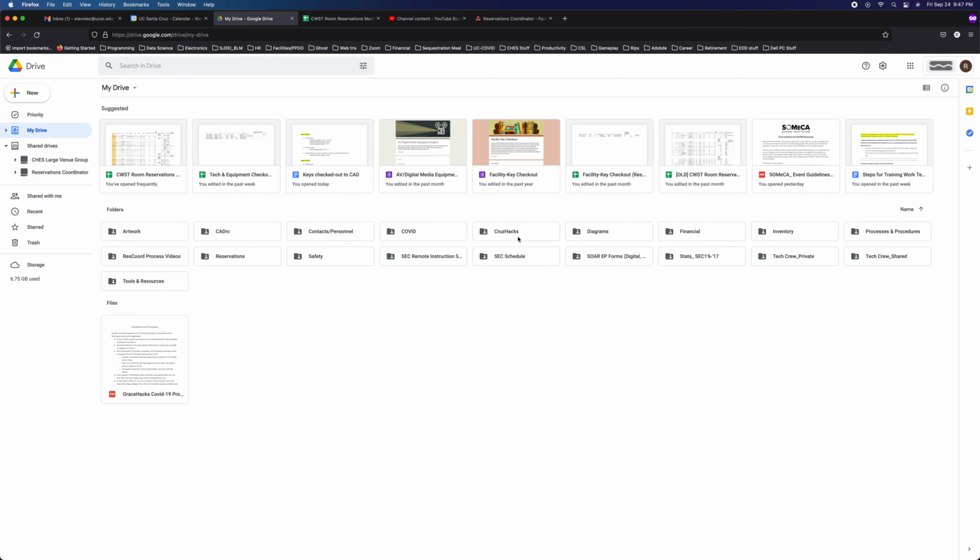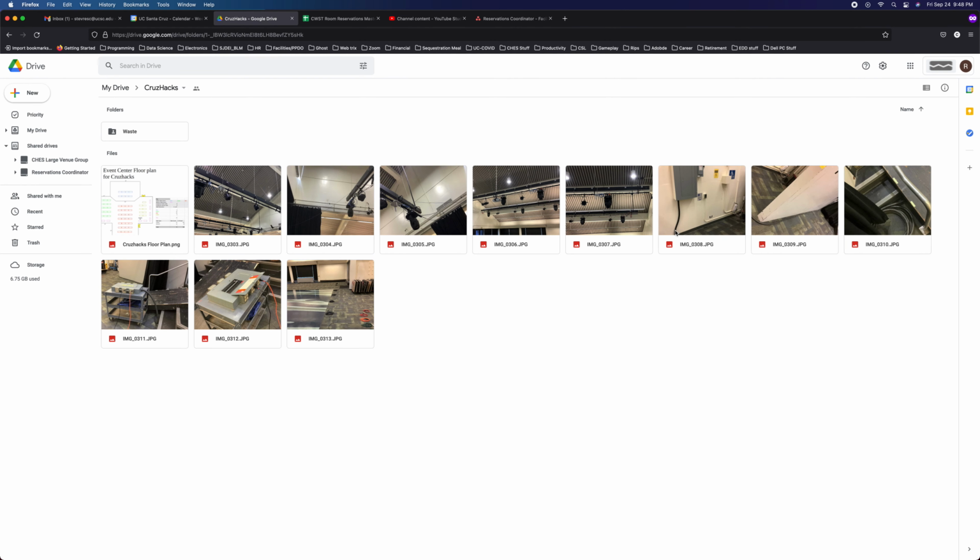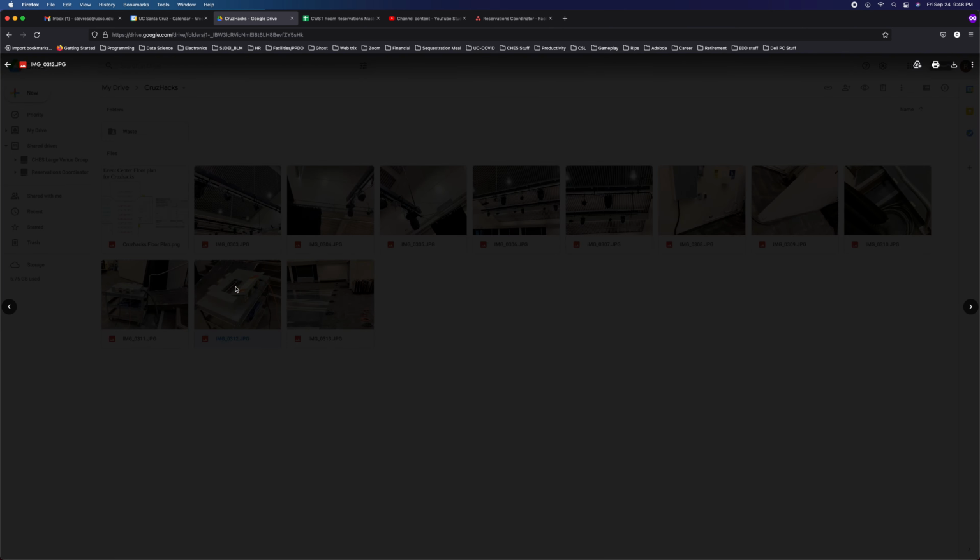Going back to the drive, Cruise Hacks, that's one of the main university hackathons. I just have some pictures of the setup so that you can get familiar with what tools and setups and the layouts look like, for when Cruise Hacks rolls around, which it sounds like it's going to for the 21-22 year. This guy right here is a